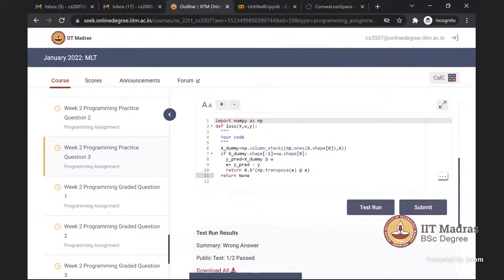So label is a generic term. It could stand for real numbers. It also could stand for classes. For a classification problem, it stands for classes. For a regression problem, it stands for real numbers. Okay, so label is a general term for supervised learning. So basically, if I have